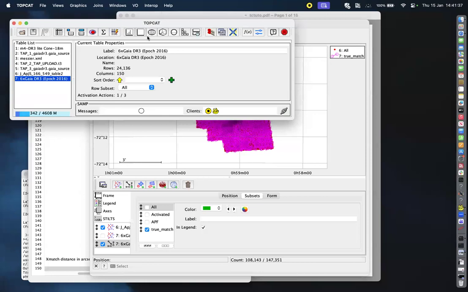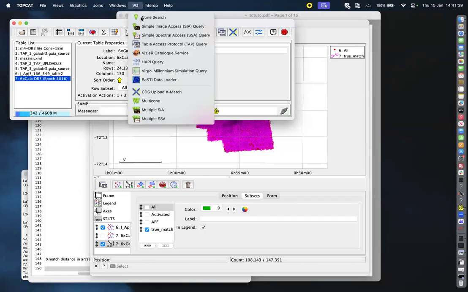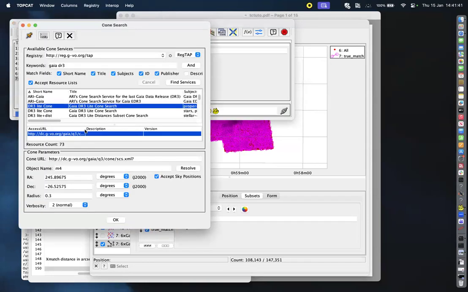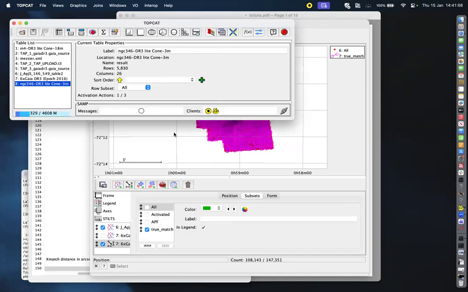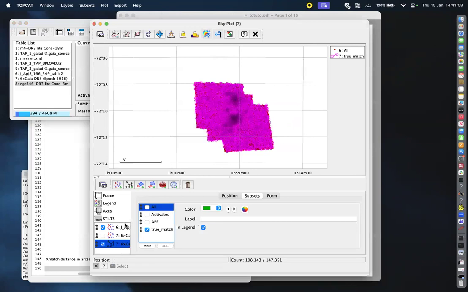And so in that case, I can do what I did before and do a cone search. In this case, NGC 346. I think I only want about 0.05 radius this time, maybe. So then I can download the Gaia sources in that part of the sky,